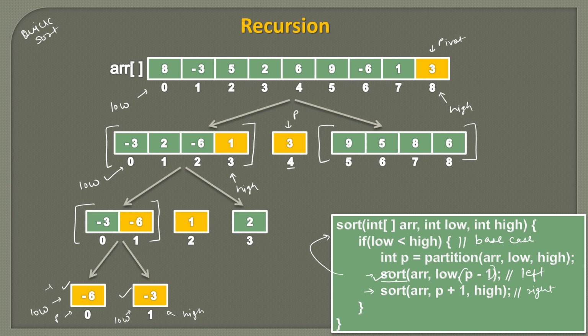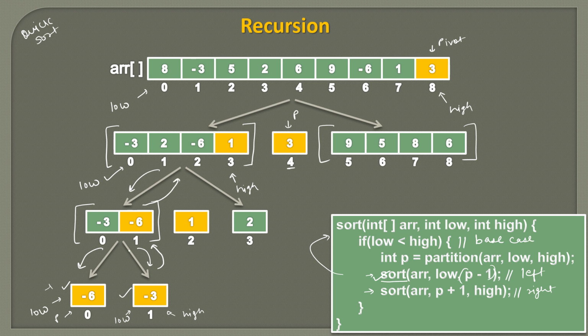So here with these two sort methods, we are going in this direction and then we are going in this direction. So with this sort, we went to this direction. This is sorted. And with this sort, we went to this direction, which is sorted. So we will return back to the left side. And here you can see when we return back here, when we had called sort on this part, we went in this direction. And as we are returning back from here, we will return from here like this.